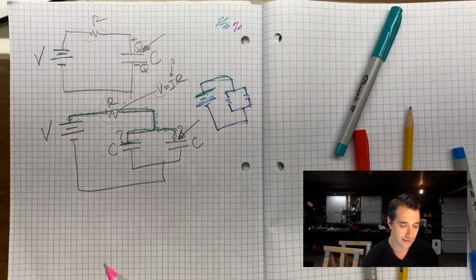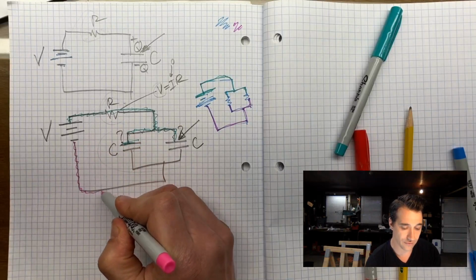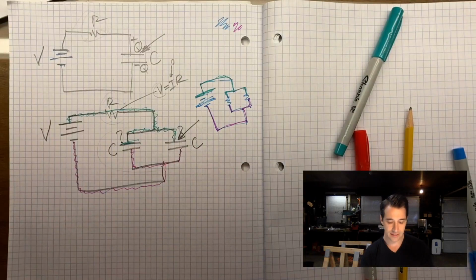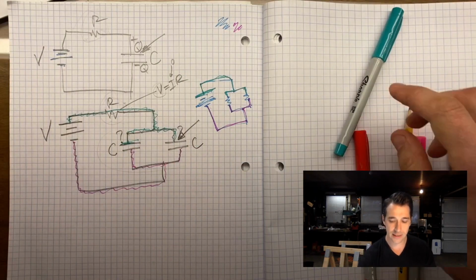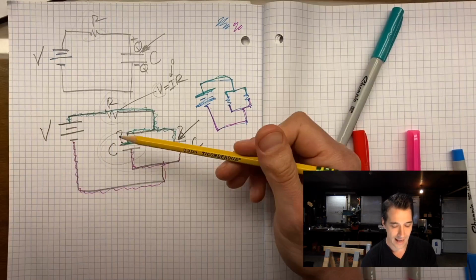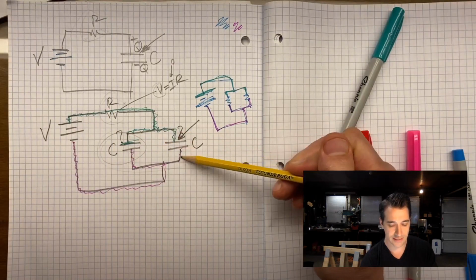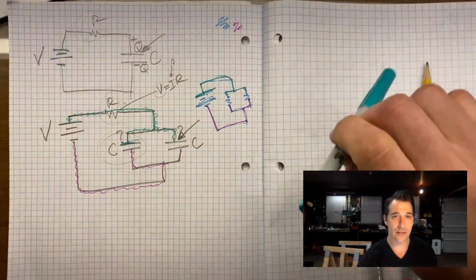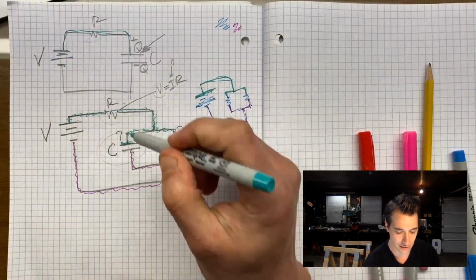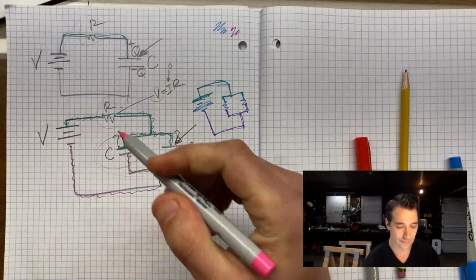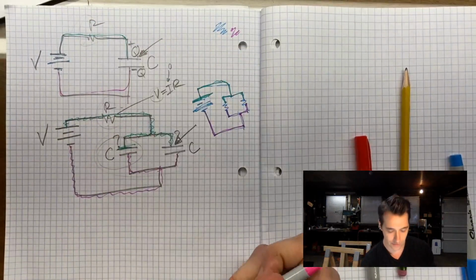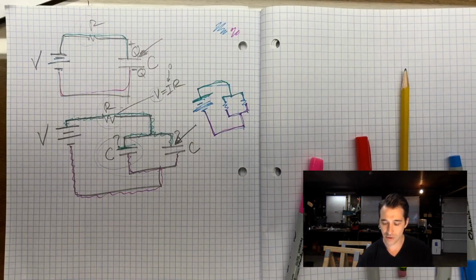And on the other side, even though there's nothing flowing, right? The potential in all of the pink wire is the same. So what can we see here? We can see this capacitor has the same potential difference as this capacitor. And if we go back up to our first circuit, the same is true for that capacitor, right? It's directly connected to the battery. We have no voltage drop across our resistor,